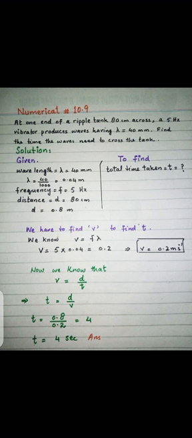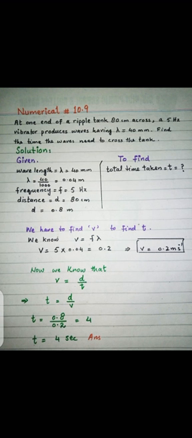Now convert this 40 millimeter into meter. We divide 40 by 1000 which is equal to 0.04 meter. Frequency given is 5 hertz and the total distance a wave travels is given, 80 centimeter. Convert this centimeter into meter. We get d equals 0.8 meter. And the total time taken to cross the ripple tank is small t, and small t we have to find out. Okay, now girls,